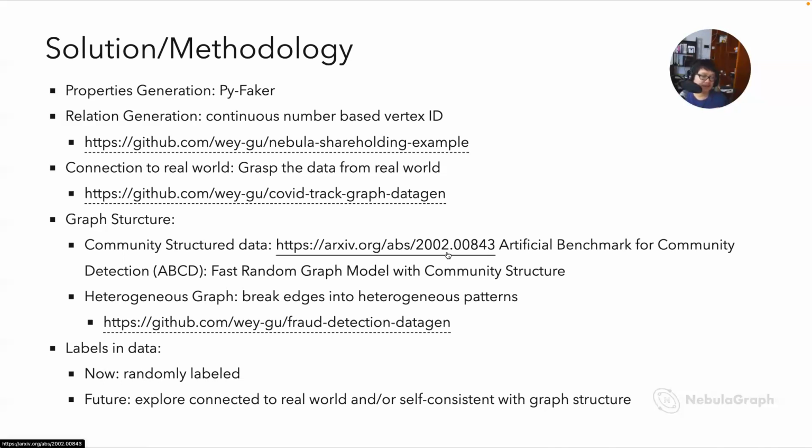This is a paper related to fast random graph model generation with community structure, and the authors even shared their runnable module code in Julia on GitHub. Their model is named ABCD, which refers to artificial benchmark for community detection. That's where I leverage this package to generate